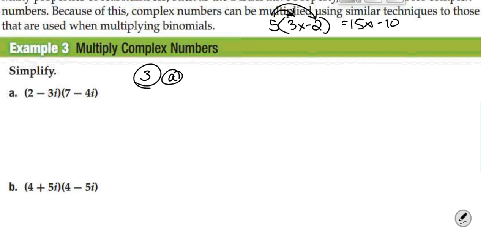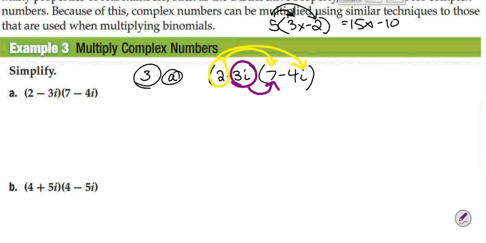Well, when I have two binomials, two-term things, I go 2 minus 3i times 7 minus 4i. What I'm really going to do here is take that first 2 and distribute it times each of those. I forgot to put that little parenthesis there. And then next, I'll use just a different color. I'm going to go to that negative 3i and distribute it to the back part there. So it turns out to be kind of the same as the FOIL,